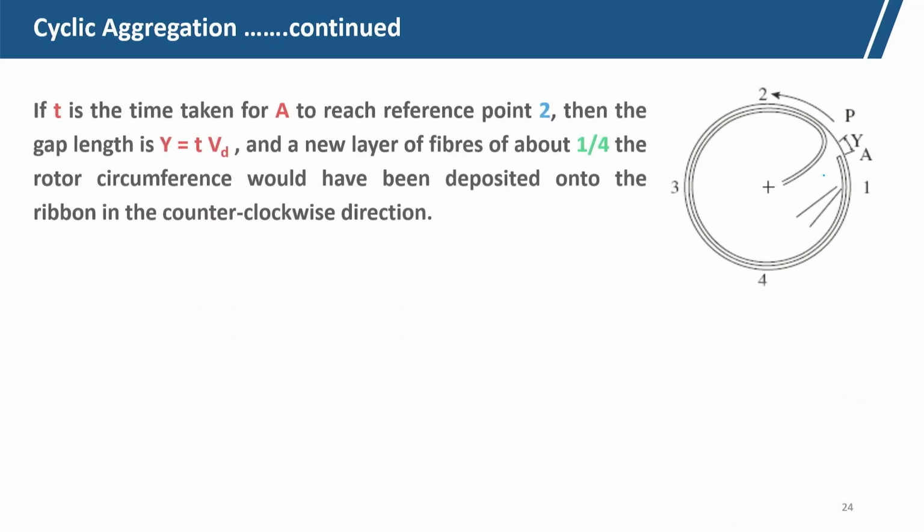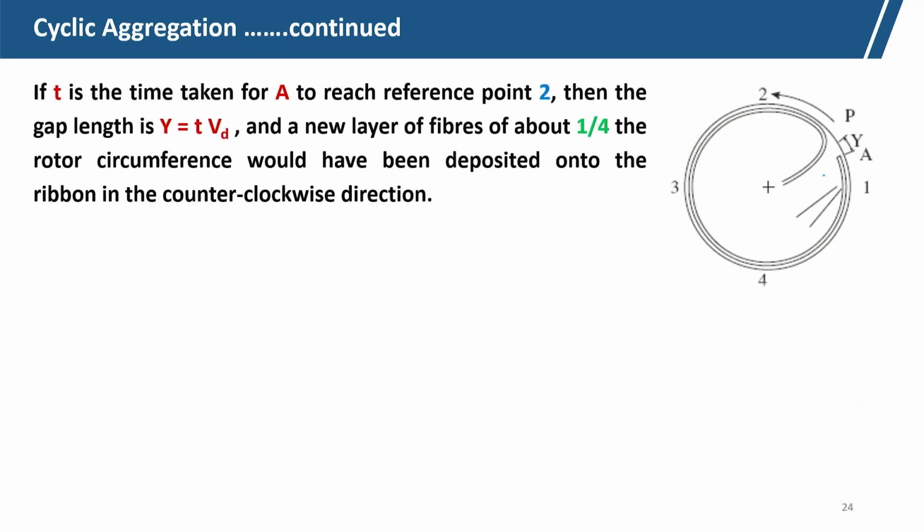If t is the time taken for A to move to the point 2, then the gap y we can calculate. y will be t into Vd. So, t is the time. So, this gap y is t Vd